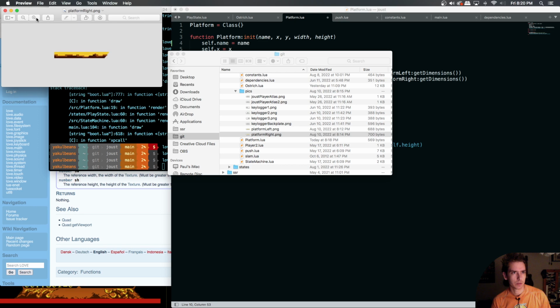Yeah, this one starts flat. So we want to end the platform. Shoot, how do I do this? The starting point is going to be halfway through